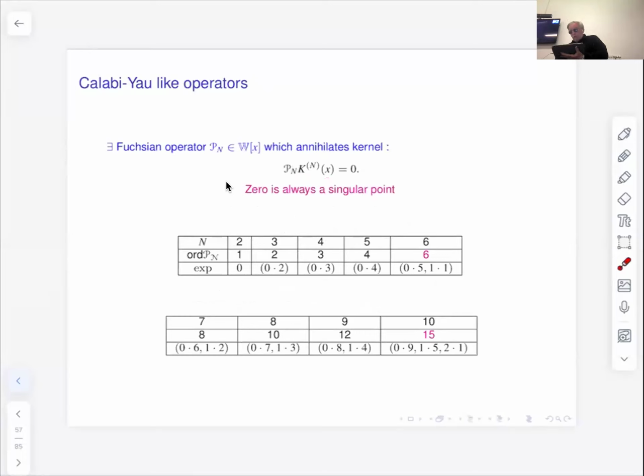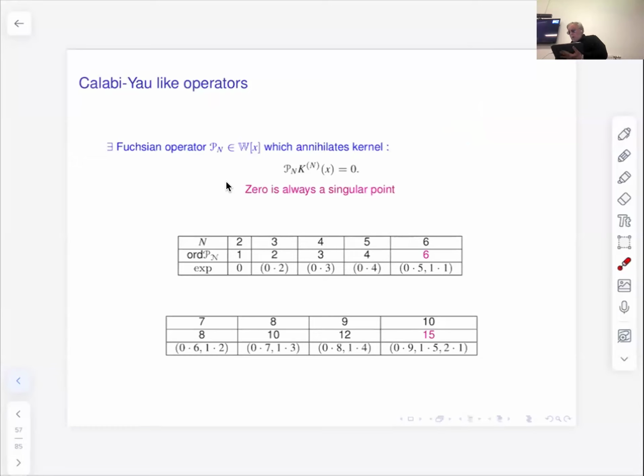If we take n equal to 2, you remember that the annihilating polynomial has degree 1, and for this 1 minus 4x there is just no monodromy. But if we take n equal to 3, then we have order 2, and we have a Jordan block with 0, 0. When we take the exponent, we have a unit. For n equal to 4, again we have one block, 3 times 3. And for n equal to 5, we also have a 4 times 4 Jordan block and the MUM property. But for n equal to 6,